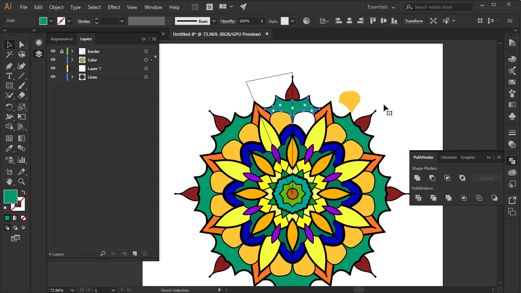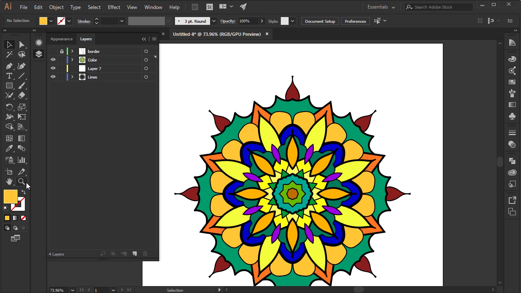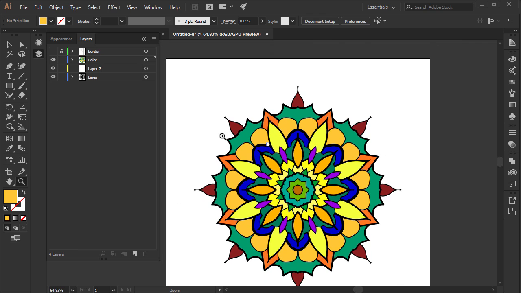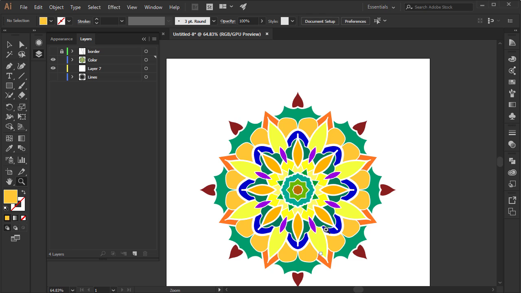Alright, now let's turn off the visibility of the border, and we are done, guys. So that's it. Basic mandala designs that you can play with. You can turn on the visibility of the lines if you prefer that. It's quite cool actually.